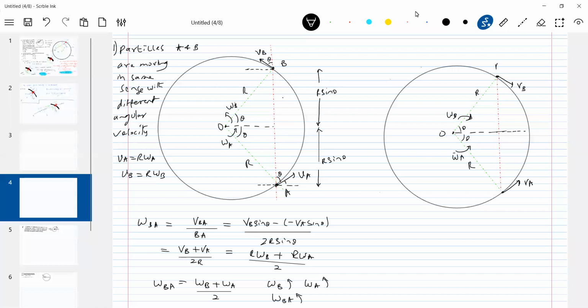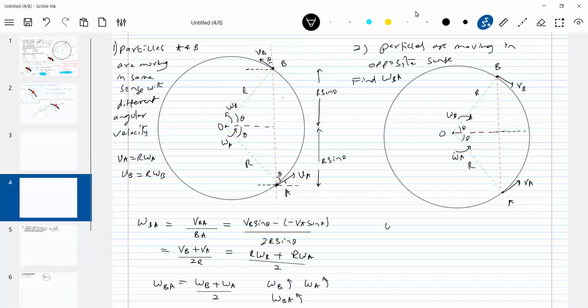There's a particle B, there's a particle A. Particles are moving in the opposite sense. Find omega AB or omega BA. What is the basic formula now? Find omega BA. The line joining A and B should be equal to how much? AB equals 2R sin theta, like earlier what we did.